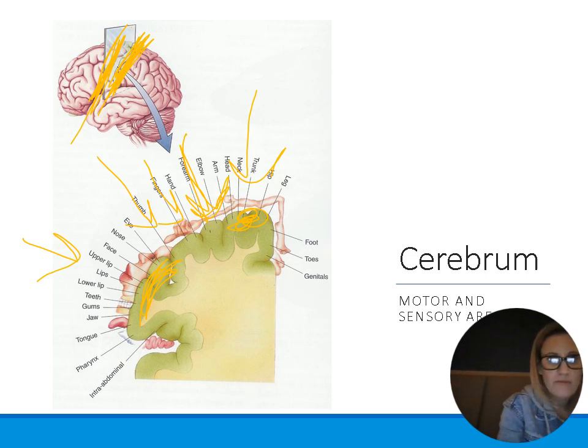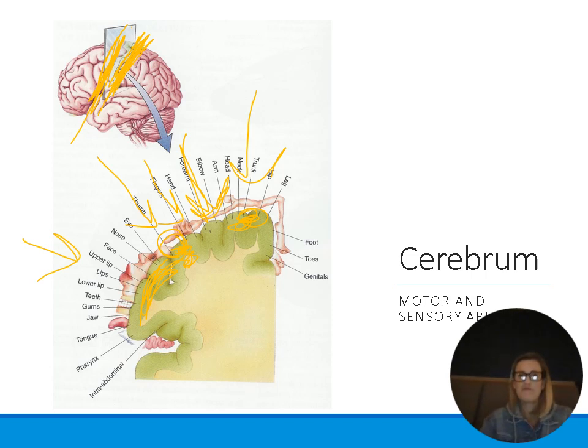Whereas the thumb, right? The thumb's a small part of your body, but the thumb takes up the same amount of space on the brain as the trunk, right? Because your thumb is very important. Movements of your thumb are very complex compared to movements of your trunk. So